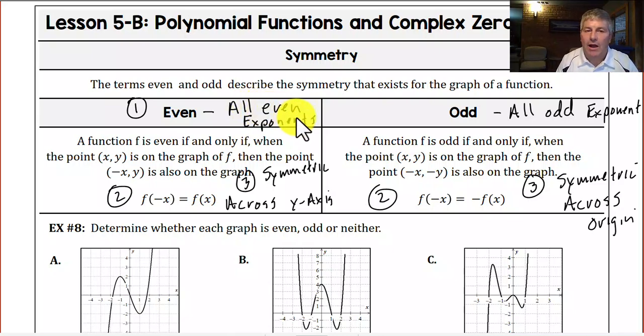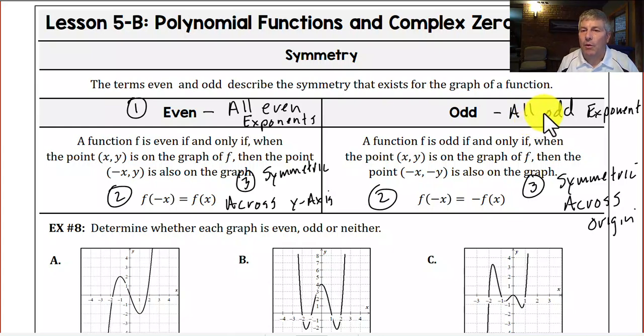Now we can have a constant in an even function as well. So an even function will have all even exponents. Algebraically, we'll say that f of the opposite of x is equivalent to f of x, meaning whether we put -2 into a function or +2 into a function, we'll get the exact same output. And then finally, an even function is symmetrical across the y-axis,